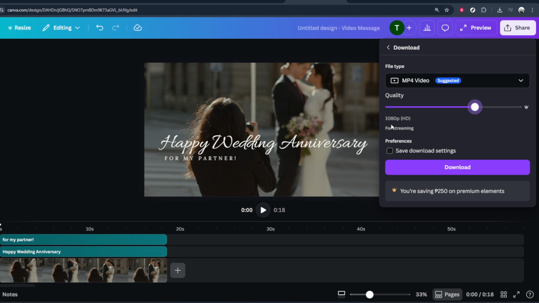While you're still in the options, make sure that all pages is selected. In Canva, each scene or